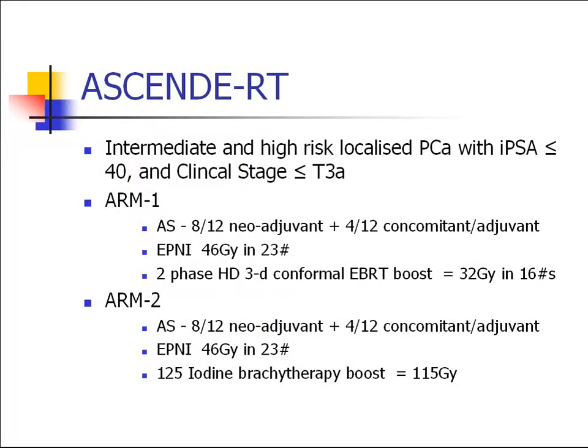It's for intermediate, that is the high-tier intermediate, not the low-tier intermediate that we're treating with brachytherapy here, and high-risk localized prostate cancer, provided the iPSA is less than or equal to 40 and clinical stage is less than or equal to T3a. We don't feel that we can implant seminal vesicles, and we don't think patients that have T4 disease should be included. The arms for this randomized trial are androgen suppression for 8 months neoadjuvantly plus 4 months concomitant and adjuvant, elective nodal irradiation to 46 gray, and then a 2-phase high-dose 3D conformal external beam radiation boost